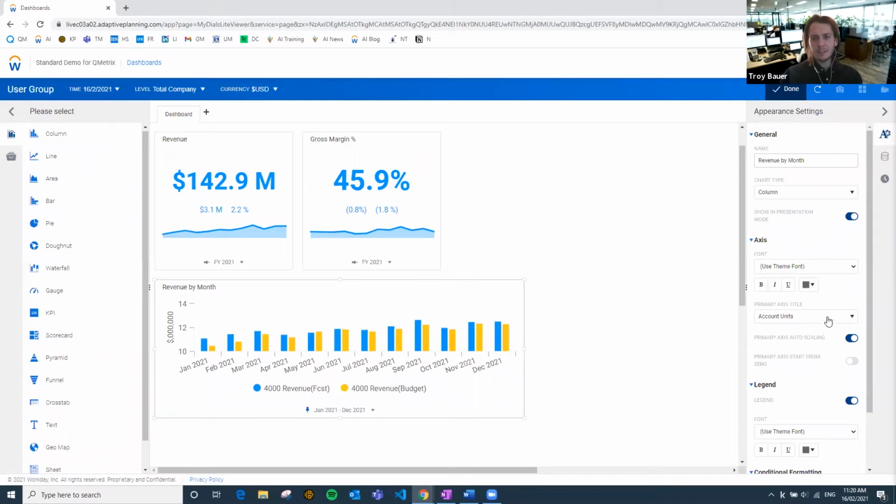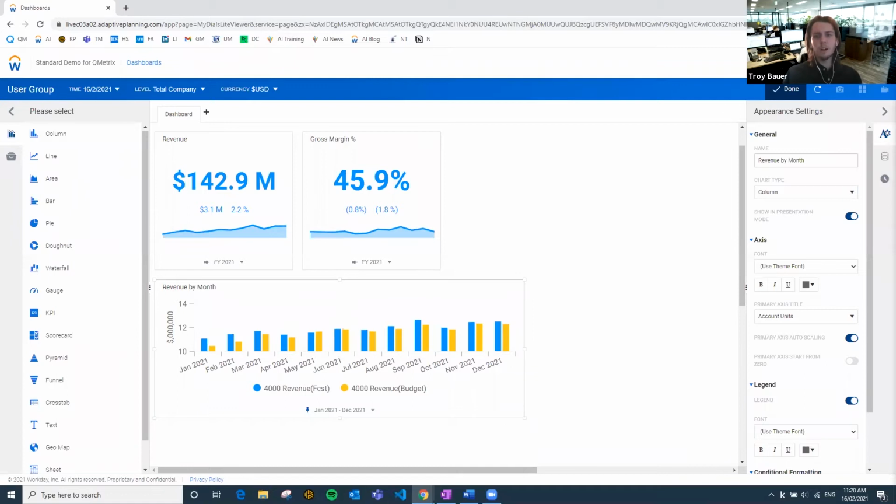The second thing I want to touch on: when we look at a comparison in a given month, we've got forecast on the left, budget on the right. From my point of view, I would have liked to see budget on the left, forecast on the right. You're reading from left to right, so it's a bit easier to see my baseline and then where I am now.